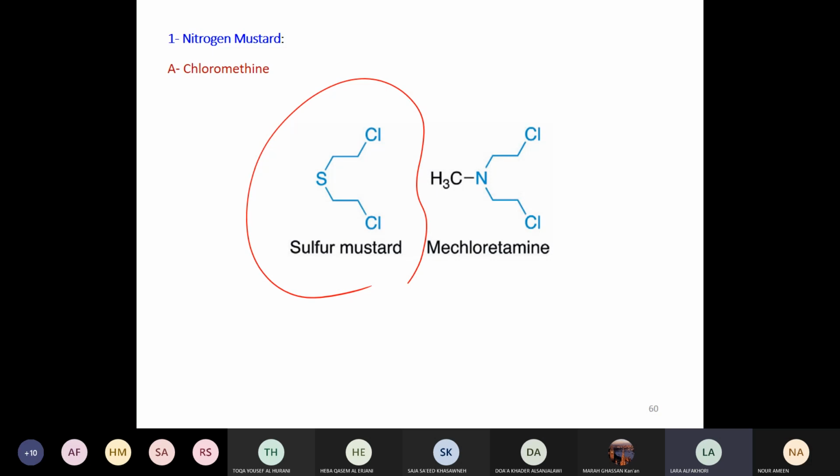It's not necessary at all to memorize the structure, it's not in your notes. I just wanted to show it to you so that you see the basis they relied on to develop the first nitrogen mustards, which is, sorry, mechlorethamine. Okay, now if you look at this structure and mechlorethamine, what variation do you think they made? Yes, they substituted the sulfur with a nitrogen. Okay. The reason is that mustard gas is actually a gas, so there is no way, it would be very difficult to use it to treat patients. So definitely I need a more feasible drug that I can deal with.